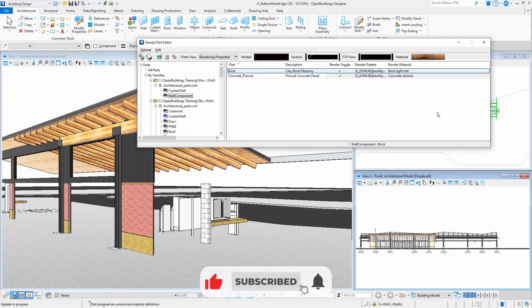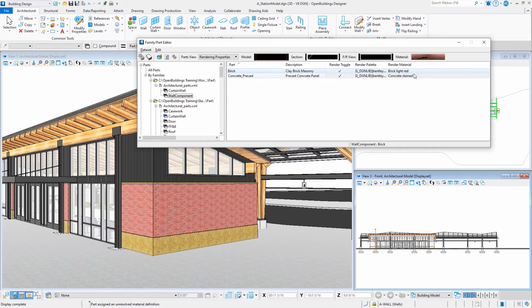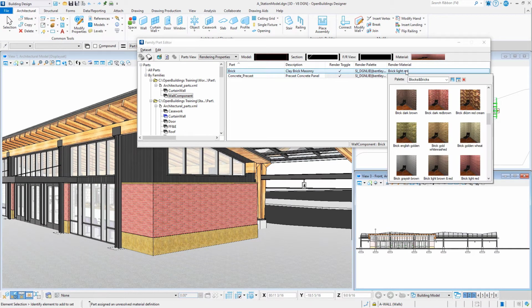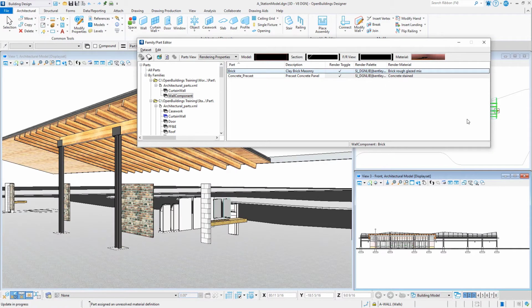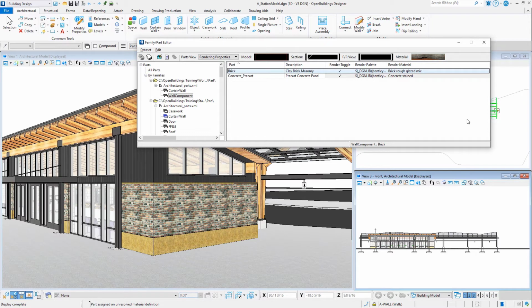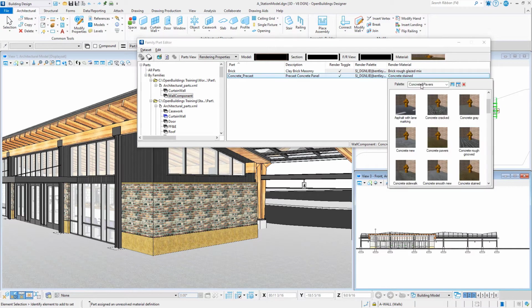I'm only changing it for my particular project since I'm at that work set level. We'll try one more here, something a little more gray, I think, for this building. Okay, that looks better. I am going to go back and change that concrete and find something a little more gray.